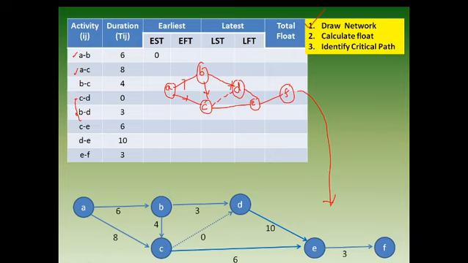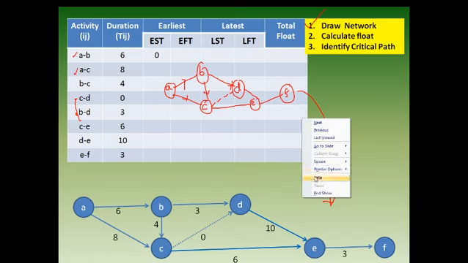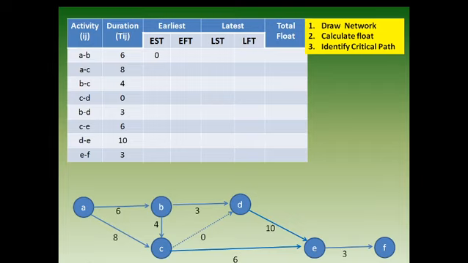Now what we need to do is identify the EST, EFT, LST and LFT. So quickly I'll show you how to draw all this. Always EST of A will be 0. A to B, how much? 6 days. So it is nothing but 6. It was 0 over here. 0 to 8, it is nothing but how much? One value we are getting is 8 over here.